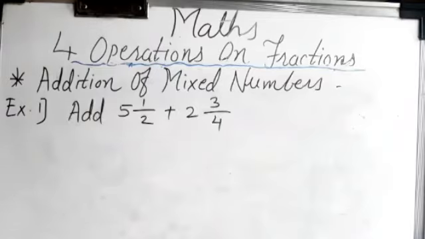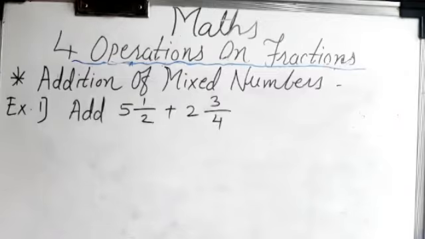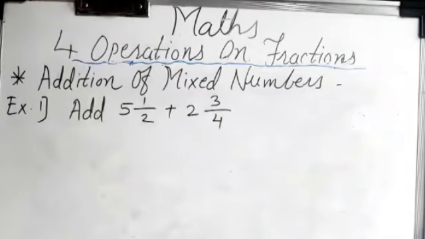Now students, here in the textbook two methods are already given to you, method 1 and method 2, on textbook page number 22. But I will prefer method number 2 only, because it is the same method I taught you for the conversion of mixed number into improper fraction. So with that method only we will be solving this example. You also have to solve with this method only.